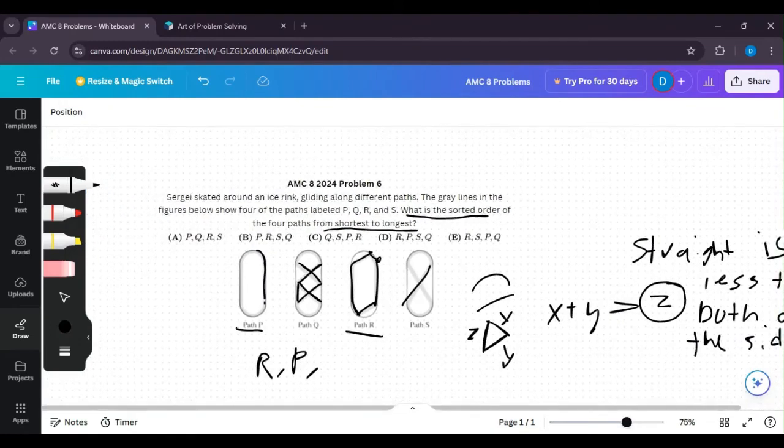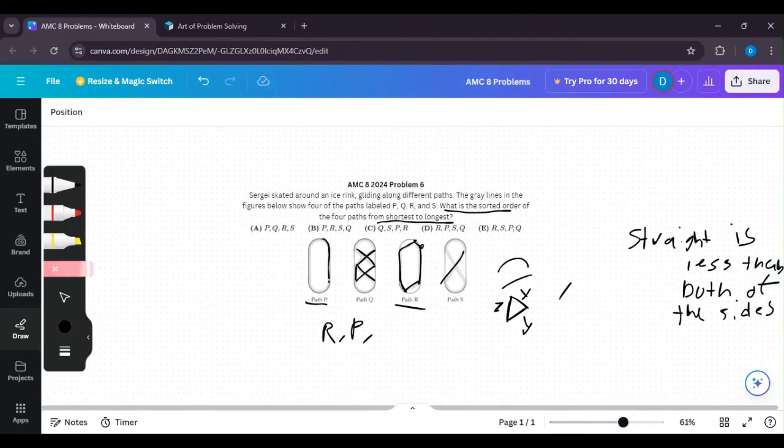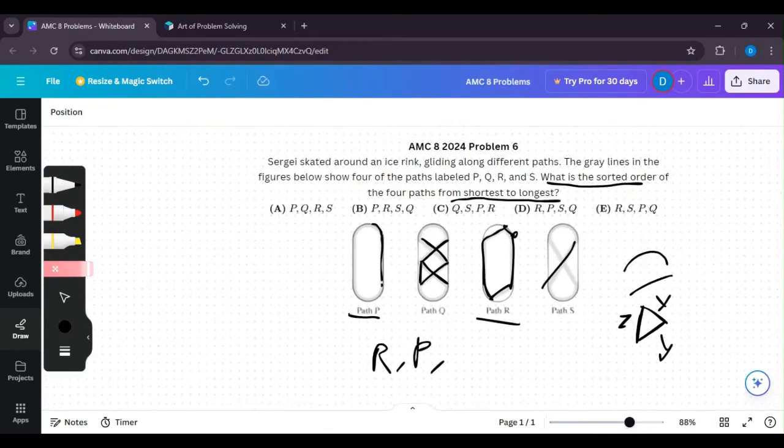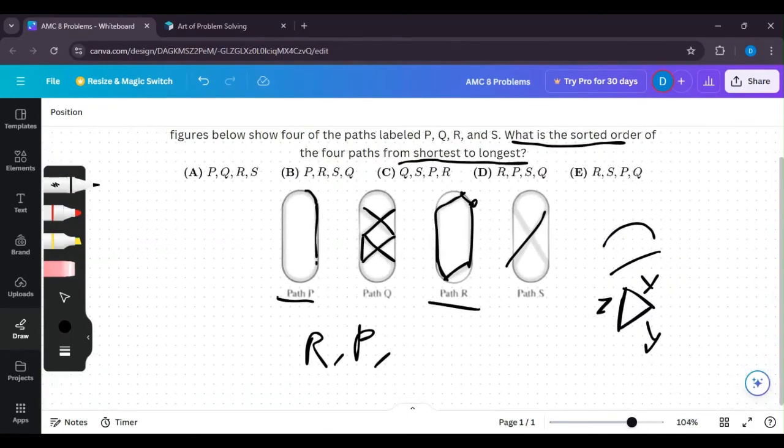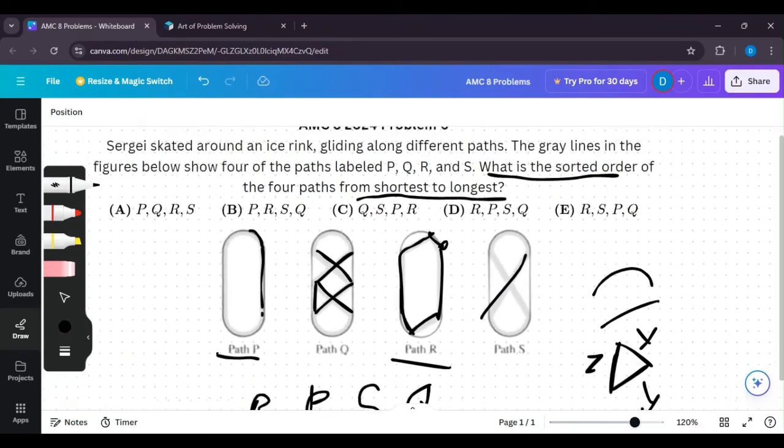So a little bit of geometry mixed in here, and yep. So path R, then path P, then path S, and lastly path Q. So the answer is